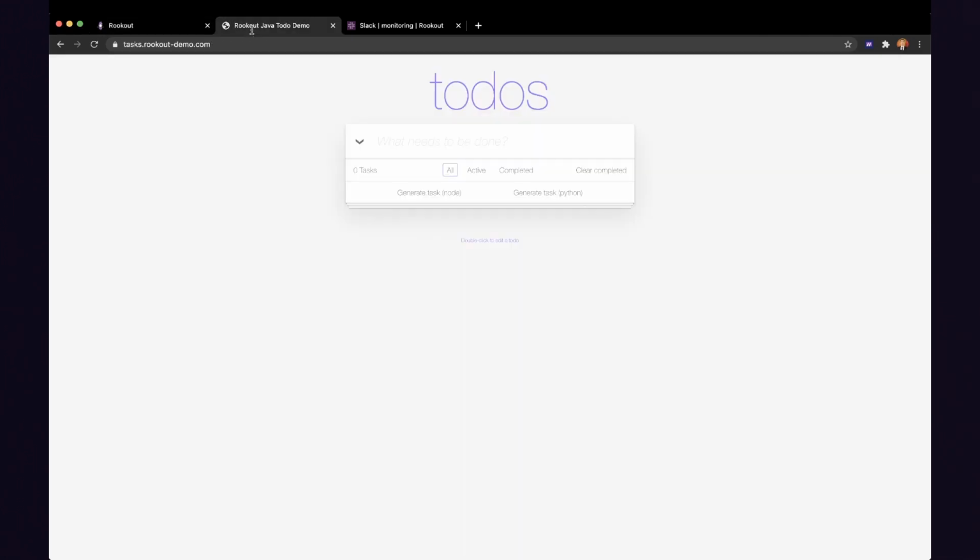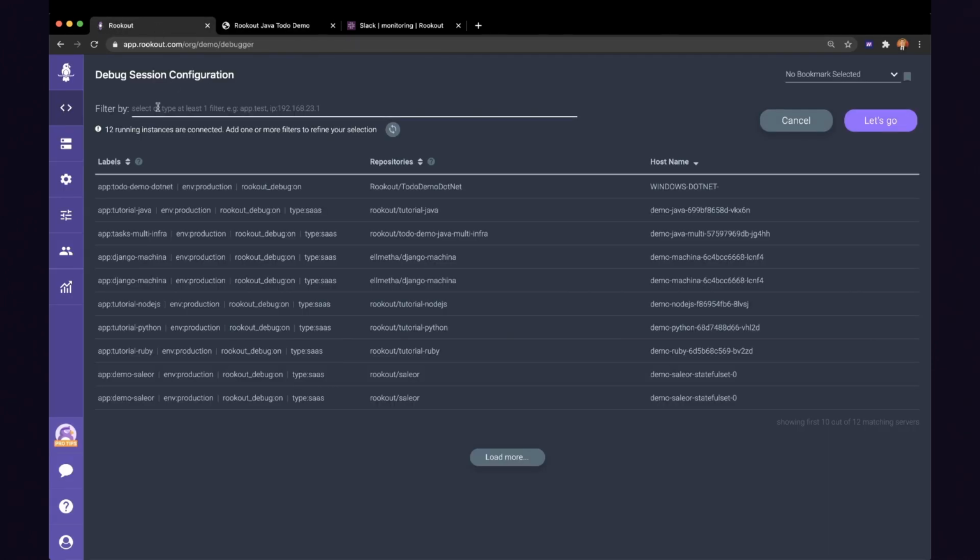In this demo, we'll use a simple to-do application where Rookout has already been deployed, which allows you to add items or delete them from a list. The application is written in Java and it's currently running on Kubernetes and Google Cloud. Let's take a look at how to debug this application so that we can get to the bottom of issues